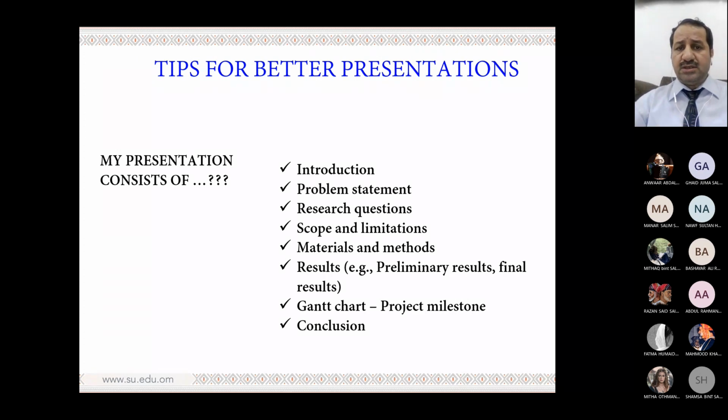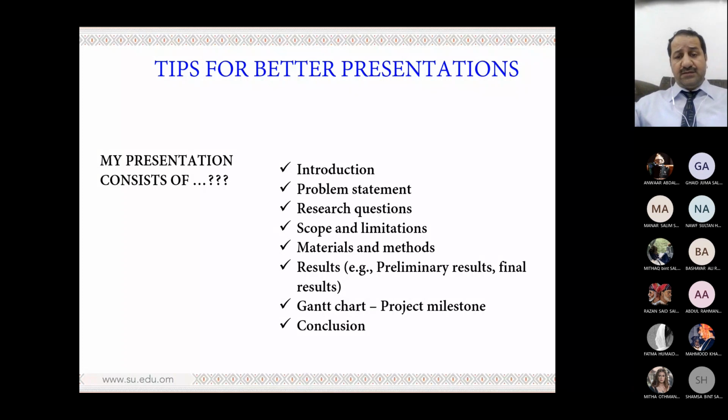And as I mentioned, for better representation, you need to put your ideas in this way: introduction, problem statement, research. Wherever you go in the world, in any university, in any specialty, this is the sequence of any project. Start from the introduction so people understand the topic itself. Then the problem statement, which contains the driving questions for your project; the research questions are also highlighted from this problem statement.